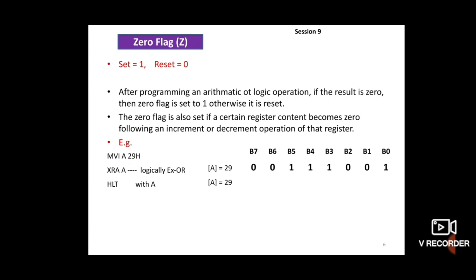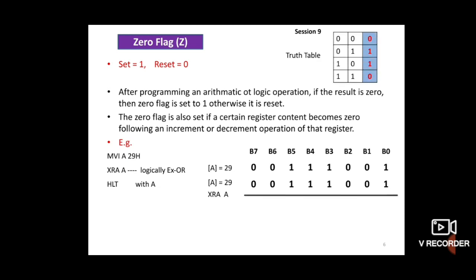So here again write the hexadecimal number 0 0 1 1 1 0 0 1 and apply the logical truth table of the XOR gate. I think you know the truth table of the XOR gate. See here, if 0 0 is there, then the answer is 0. If 0 1, then the answer is 1. If 1 0, the answer is 1, and 1 1 is 0.